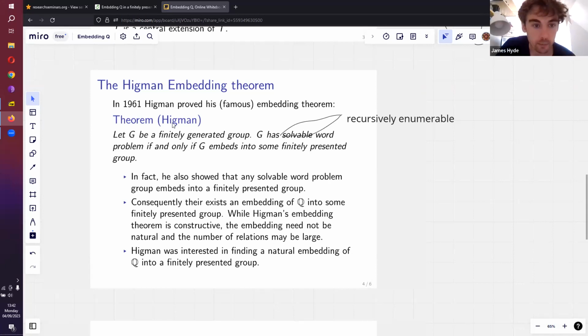Okay, but the Higman embedding theorem is actually stronger than this corrected version because in one of the directions he proves something stronger. He proves that if something has a recursively enumerable word problem, then it still embeds in something finitely presented. So you can have subgroups of finitely presented groups that don't have solvable word problem,